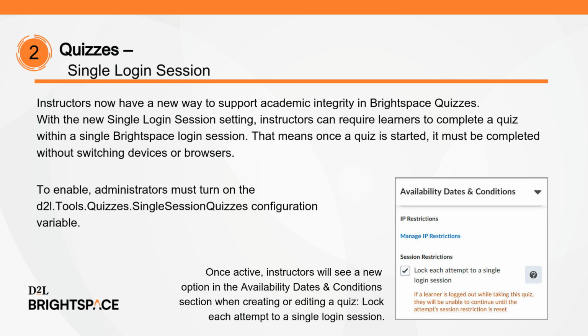With the new single login session setting, instructors can require learners to complete a quiz within a single Brightspace login session. That means once a quiz is started, it must be completed without switching devices or browsers. For example, if a learner starts a quiz on their laptop, they can't finish it on a smartphone. To enable, administrators must turn on the